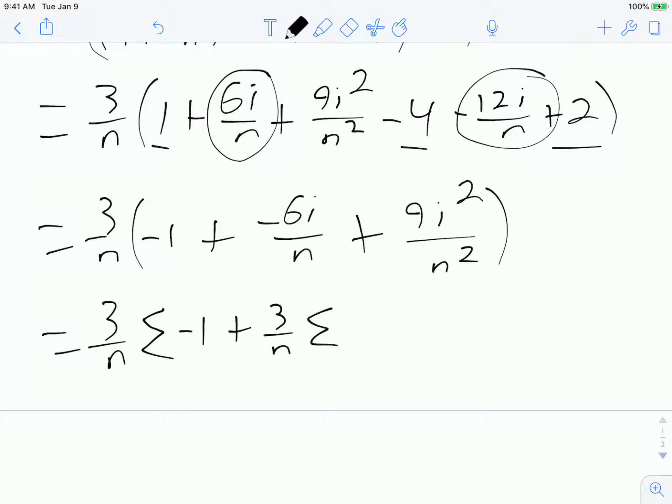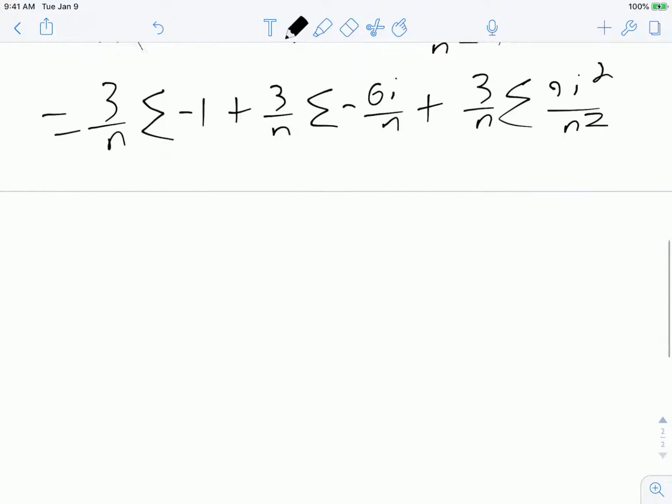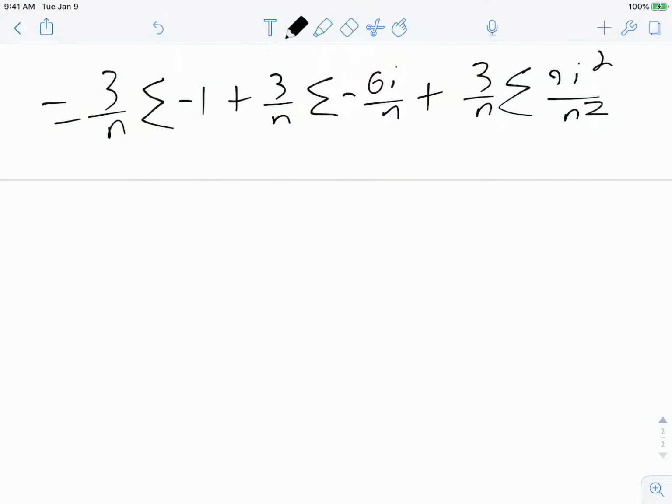So for now I'll just rewrite it, and then I'll do the next step. Plus 3 over n times the sum of 9i squared over n squared. The way we're going to evaluate this is we pull out everything but the i's and figure out what to do from here. In this first one we don't really have any i's, but I'll take out the negative for now. So negative 3 over n times the sum of just 1